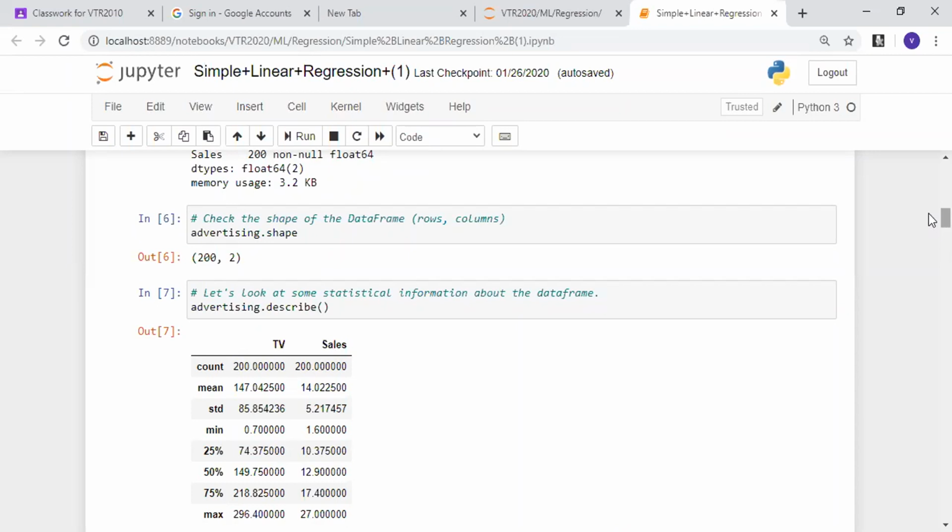I'll just check for the normalization. To check whether the data is normalized or not, we need to see the mean value and the median value. If the mean value and the median value in the data are the same, then I say the data is normalized. If the mean value is greater than the median value, we say it is right skewed. If it is less, then we say it is left skewed. This is what we understood. To undergo proper analysis, the data has to be normalized, correct? So here we can see the data is normalized data.